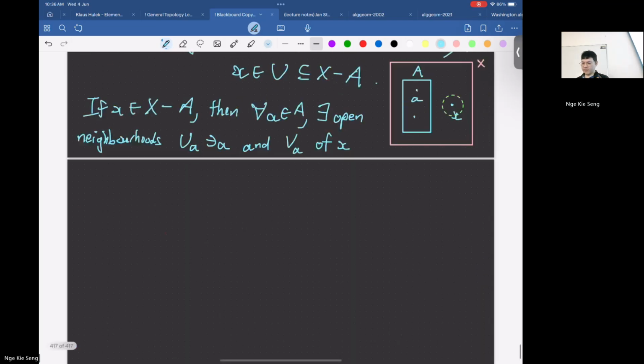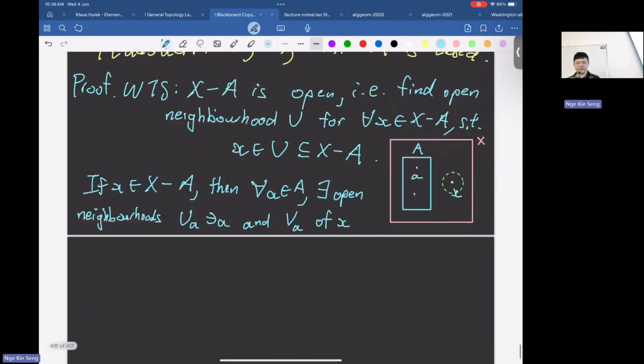Later you will see why we label the subscripts both using a,